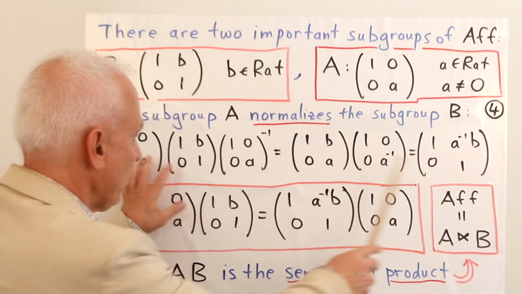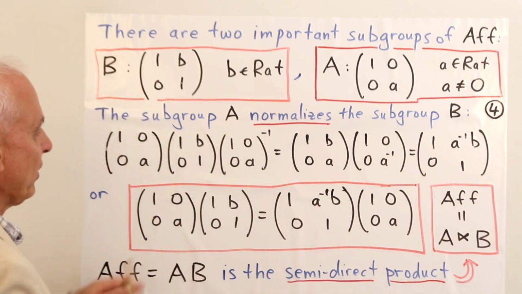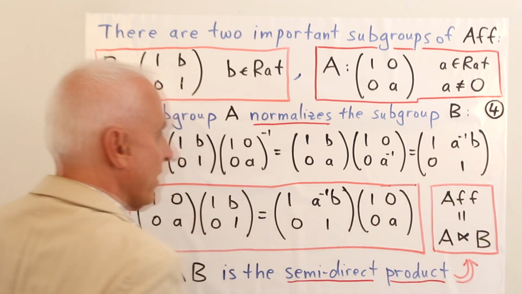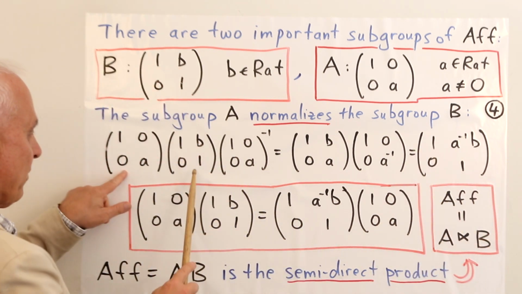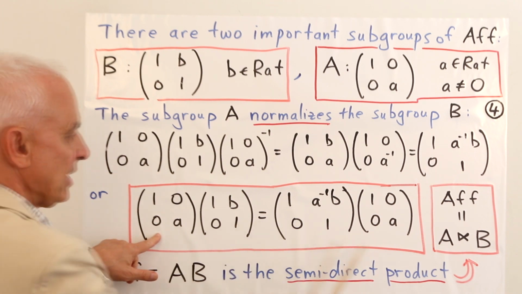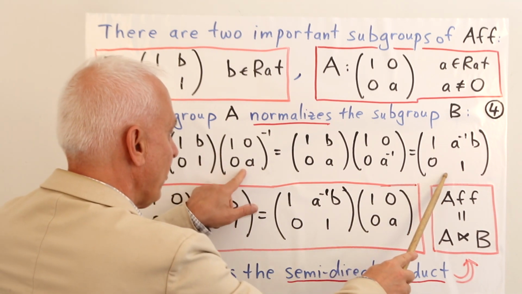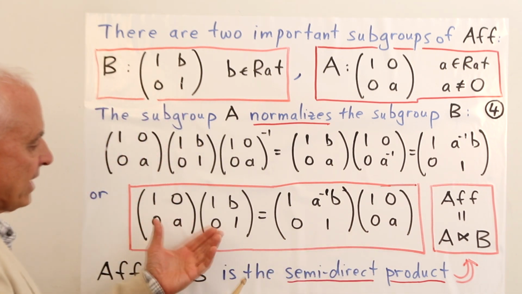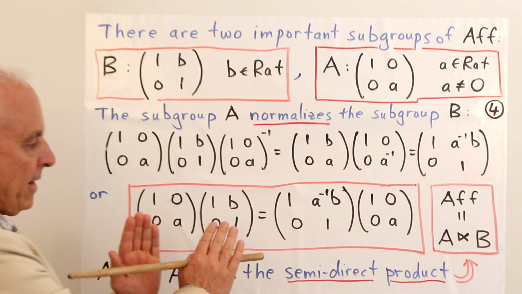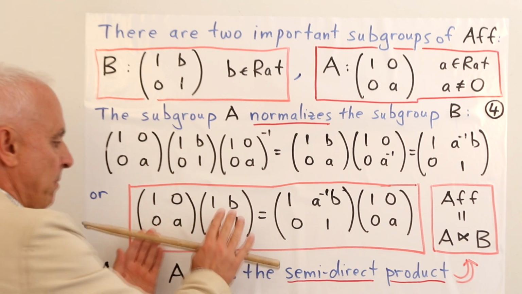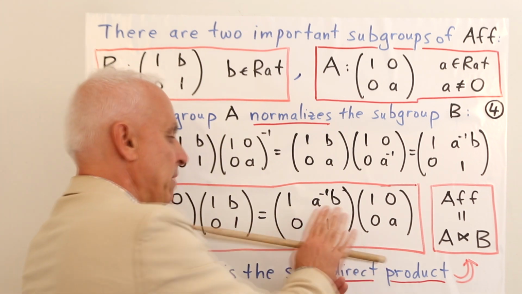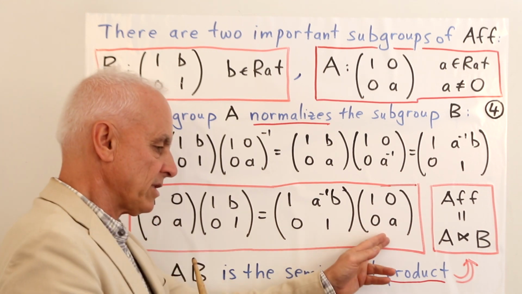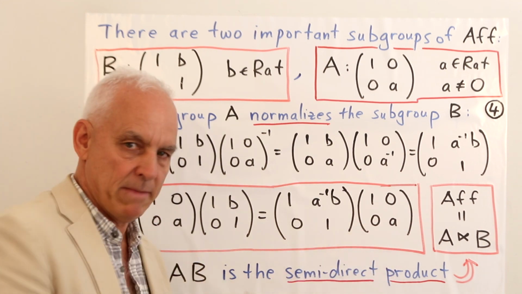Now there's a way of restating this which is also kind of useful. If we bring this inverse here over to the right-hand side, then we get that the product of these two matrices is equal to this one times this matrix on the right. And so this is telling us how to go from a product of an A matrix and a B matrix to a product of a B matrix and an A matrix. Actually, the same A matrix works, but we need a different B matrix.